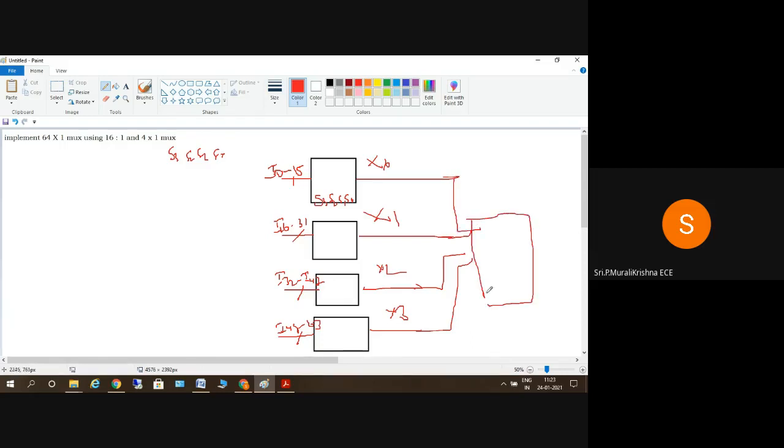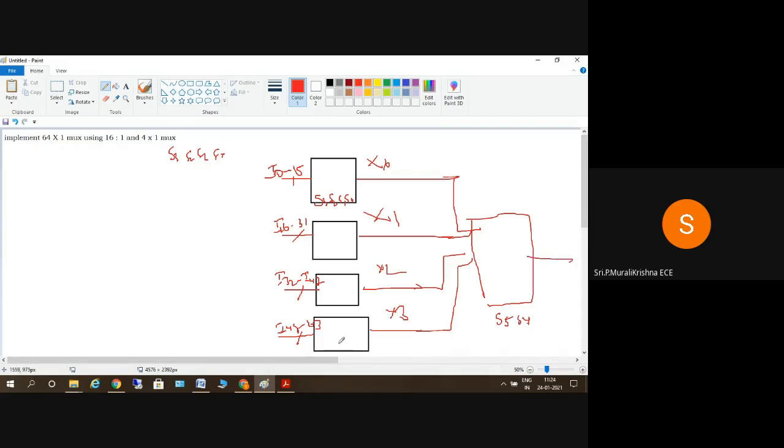Okay, the 4 outputs are given to an additional 4:1 multiplexer, and 2 additional selection lines are used here: S0, S1, S2, S3, and here we'll have S5 and S4. So if S5 S4 is 0 0, X0 is selected. If S5 S4 is 0 1, X1 is selected. If S5 S4 is 1 0, X2 is selected, and if S5 S4 is 1 1, X3 is